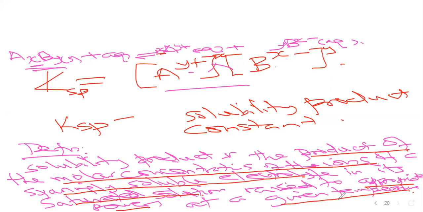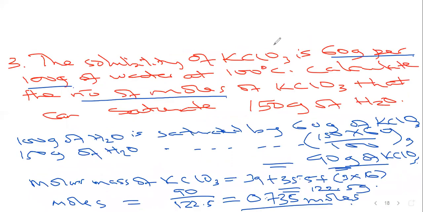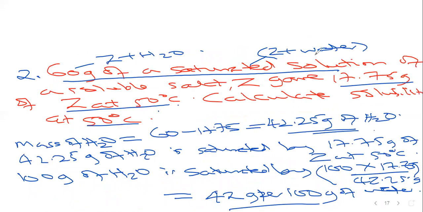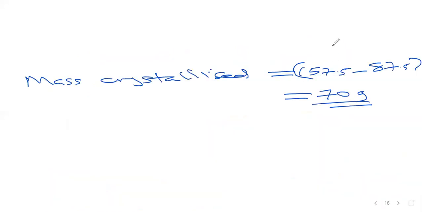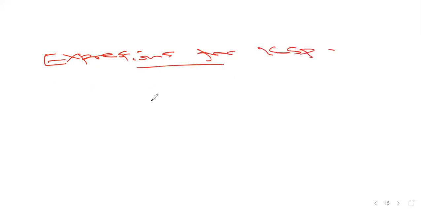Now, finally, I want us to look at how we write expressions for solubility product. How do you write expressions for KSP? These ones are only known if you know the equation. Let's consider the following sparingly soluble electrolytes. The first one